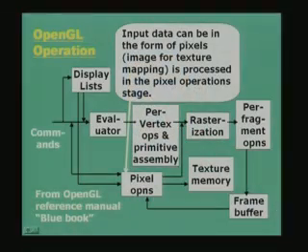So, as you can see in this picture, from the commands and display list, you have two separate channels coming into the pixel operation stage, and the output could go to rasterization operation or texture memory depending upon the demand, depending upon the task at hand which you want to solve. The output of pixel operations might go to rasterization or texture memory. If it goes to rasterization, it has to pass through the per fragment operations here and then drive it into the frame buffer,